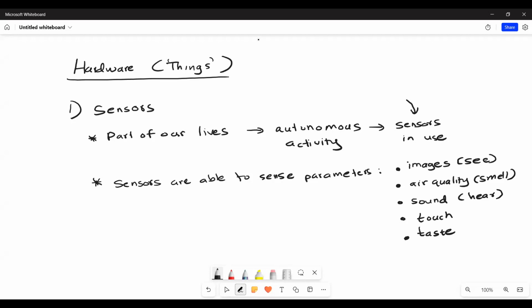So therefore, the sensors are able to see, smell, hear, touch, taste, which means that sensors are almost like humans that can sense any parameter. So basically, sensors are able to sense any parameter, just like humans. The parameters that are in the environment. So anyway,